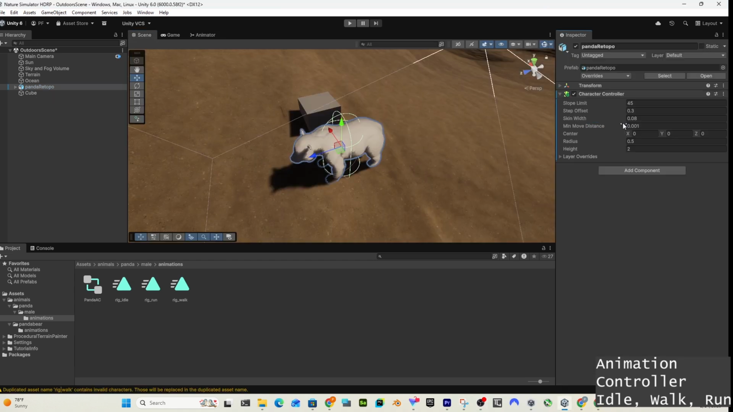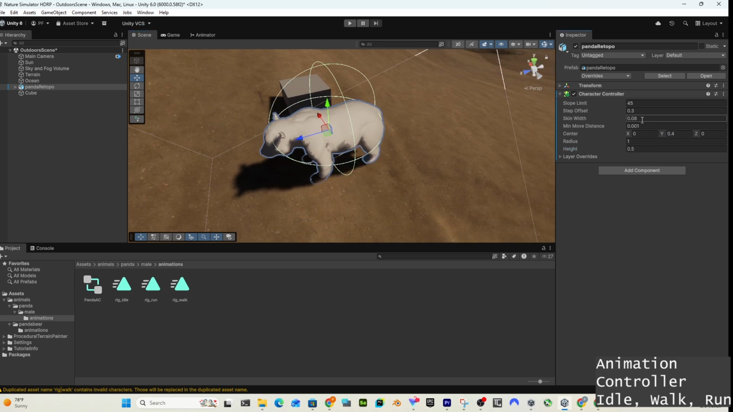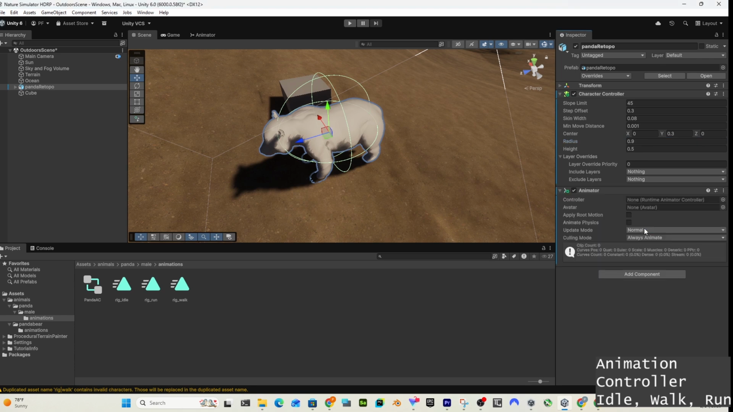Okay, so I'm going to add a character controller. So we need to adjust the collider. So for example, the radius is bigger, maybe 1. Then the height, maybe 1. Okay, so now we're going to add a component, the animator, and for the controller, we're going to drag and drop this controller, and also we're going to create a